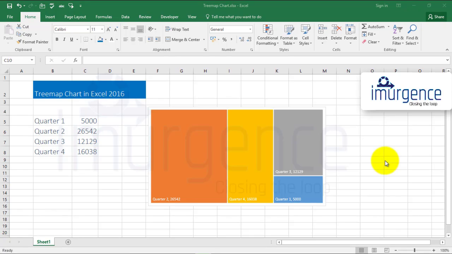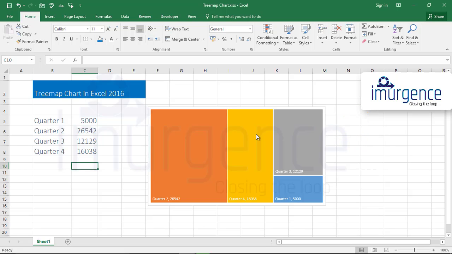Hello everybody, and in this video we will learn how to create a tree map chart in Excel. This is how a new tree map chart looks like. This is a new feature in Excel 2016, and what I've done is, for the sake of showing how it